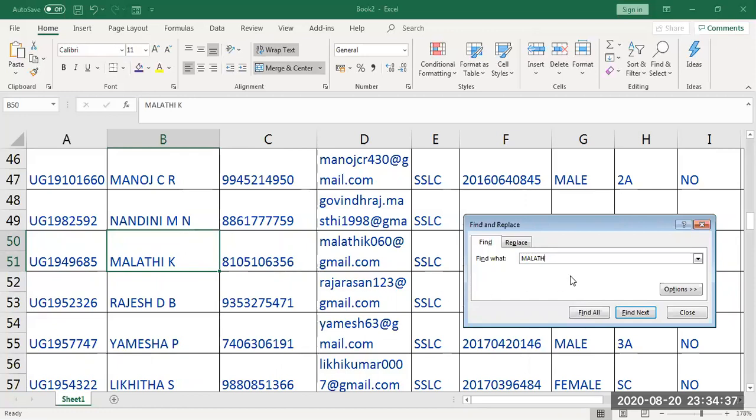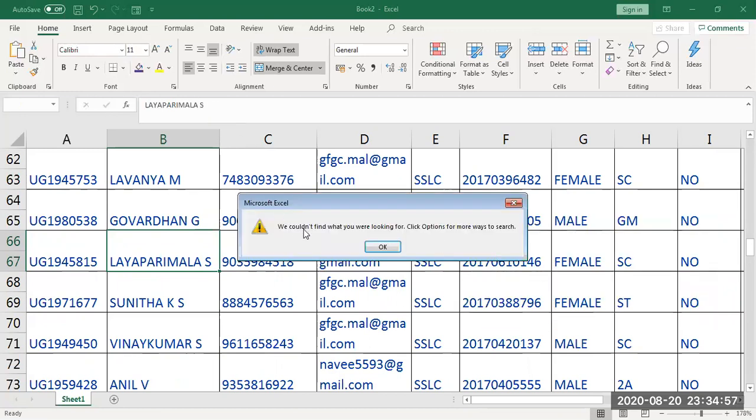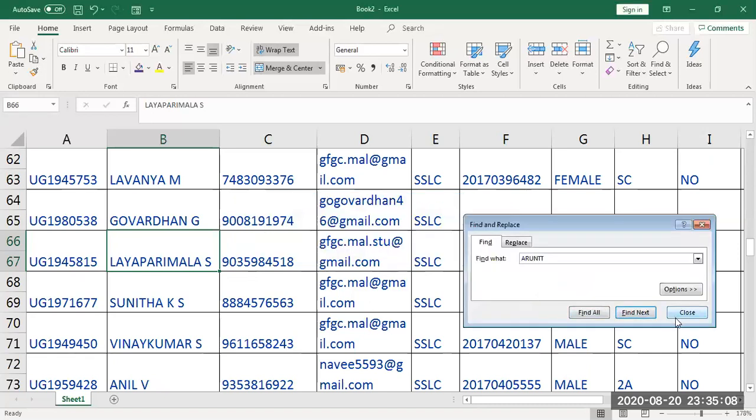If I give some wrong selection, like Mala, it will show somebody else. See, Lavya Parimala, that name is there. If I just give Mal, it shows some other name. If that particular name is not there, it will return: We could not find what you are looking for. Click options for more ways to search. So if it's available, you can search in this way.